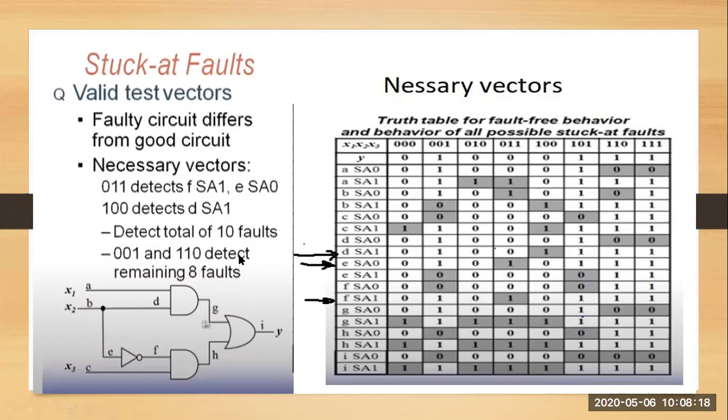Now the next possibility we see here. In total we have one fault giving one differing output, or two differing outputs. Two differing outputs means stuck at A0, A1. So we have two differing outputs, and here you can also see four differing outputs for G stuck at 1, H stuck at 1, and I stuck at 1. So the necessary test vectors will be compared with this vector term.